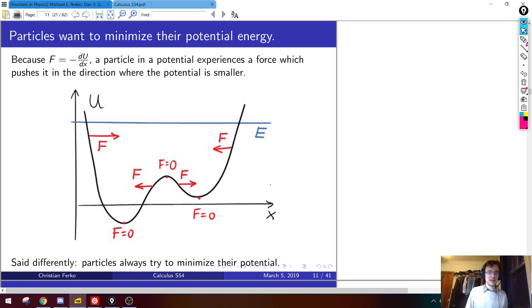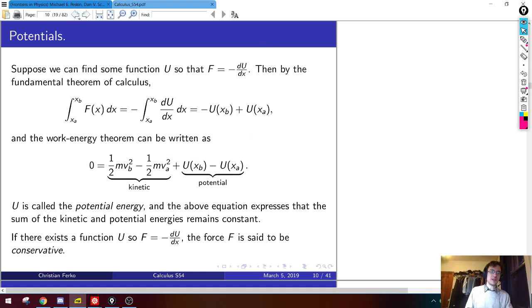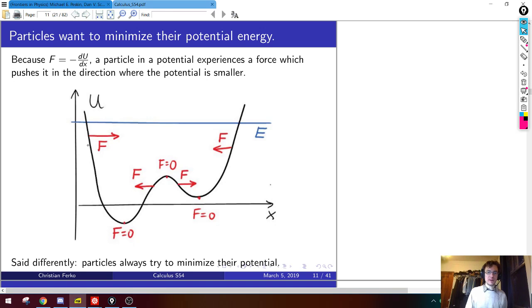There's another thing that people say about energy. Oh yeah, people ask, why is energy conserved, and act like conservation of energy is some mysterious property. But that's not magic either, because we literally just defined this thing as a derivative so that this sum would stay the same in time. So hopefully, the statement that energy is conserved is also not some magical God-given thing that was handed down, because we just proved it. We just defined what energy was so that we could do this integral and write some quantity which doesn't change. So yeah, two things. Particles minimize their energy, obvious. Energy is conserved if there exists such a function u, also obvious, just by the Work-Energy theorem.